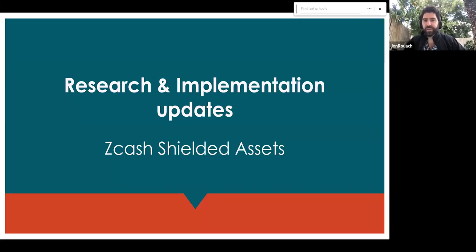And generally speaking, I think it's going to be putting awareness on the Zcash ecosystem and the unfair advantage that it has against other ecosystems that don't have core privacy.